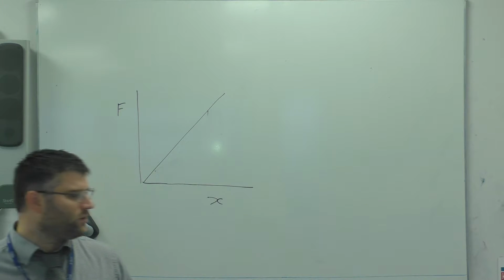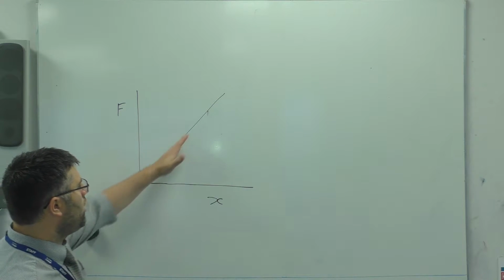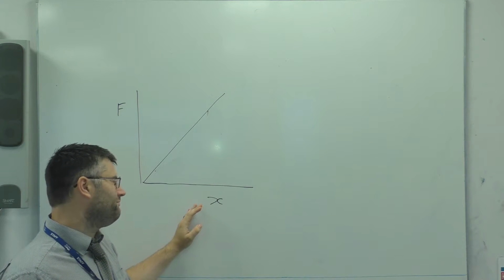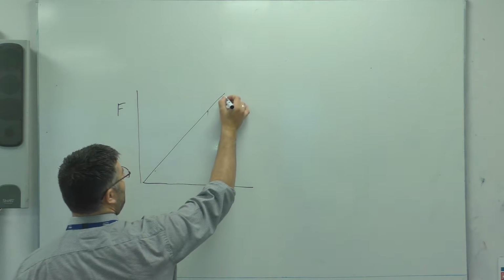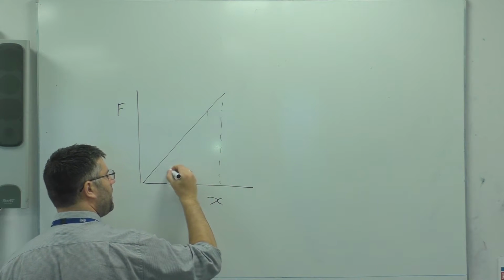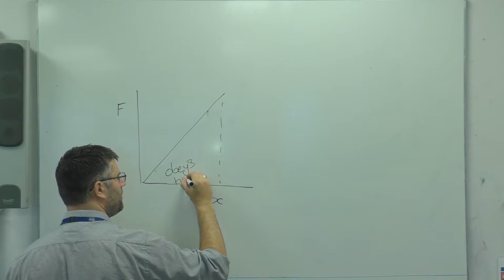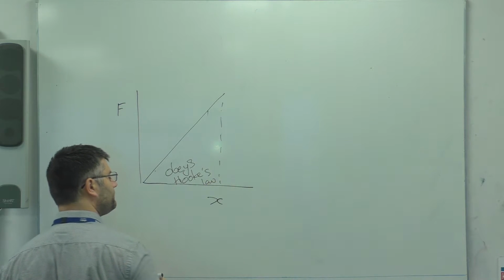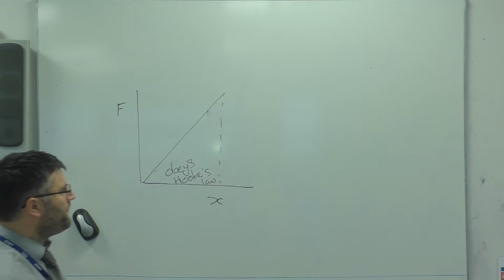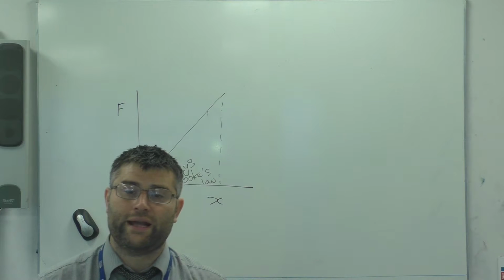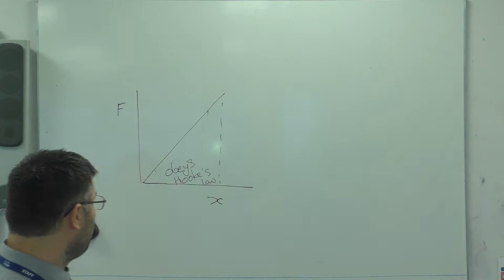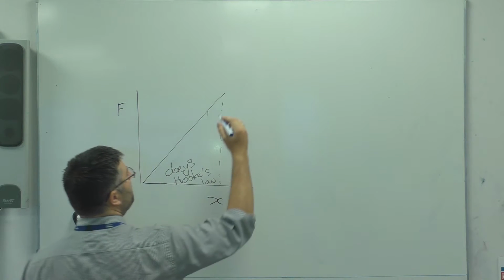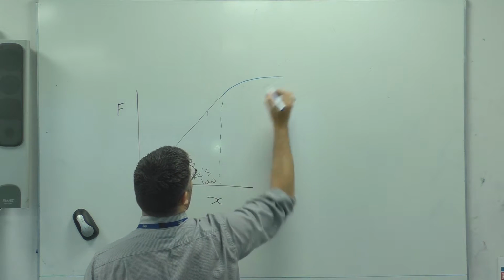So essentially what we've got here is an elastic portion of this graph where we've got force directly proportional to extension. So we could say that up to this point right here, it obeys Hooke's law. So if it obeys Hooke's law, it means that force is directly proportional to the extension that we observe. But what happens if we go beyond that? Well, what we start to observe is something like that,